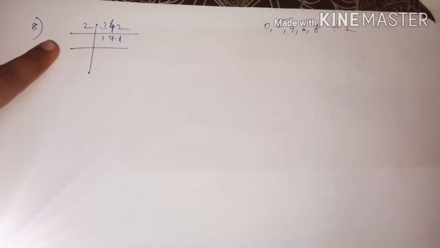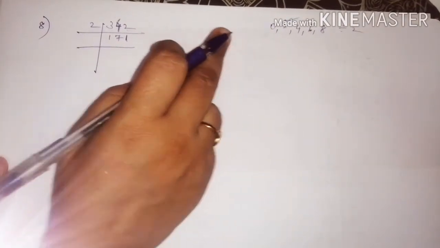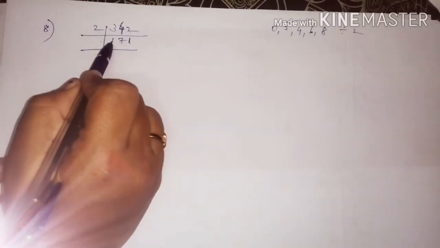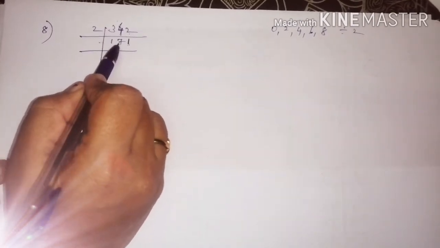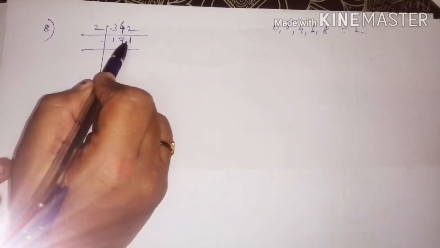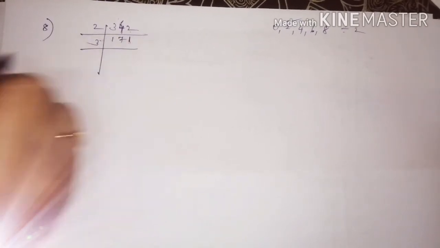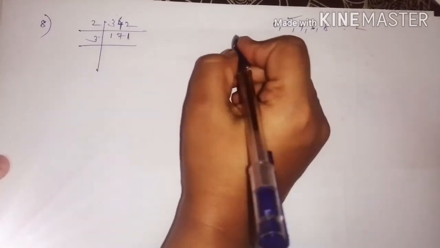So I have divided. If you don't know, I told you, you can divide it in rough and find out. Now 171. Units place it is 1. It will not get divided by 2. For 3 add the digits. 1 plus 7 is 8. 8 plus 1 is 9. So it will get divided by 3. 171, you can divide it and check it by 3.